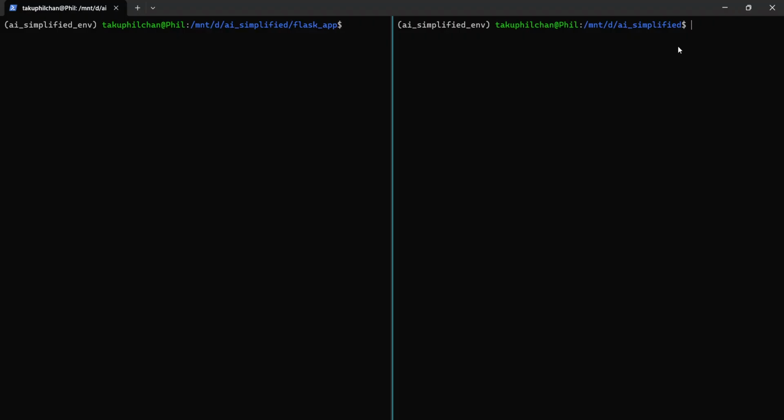Hello guys, so today we're going to continue from where we left off last time. We created a web application, and this web application helped us query and select models from Ollama. So let me just